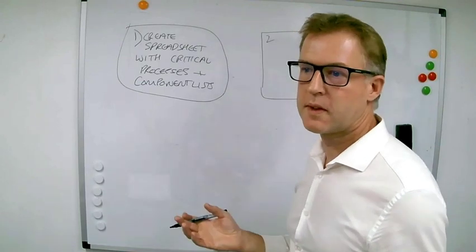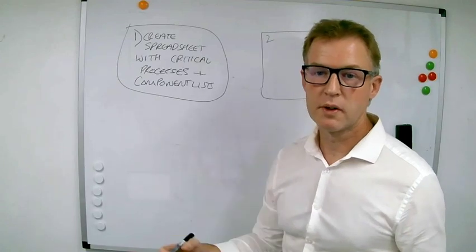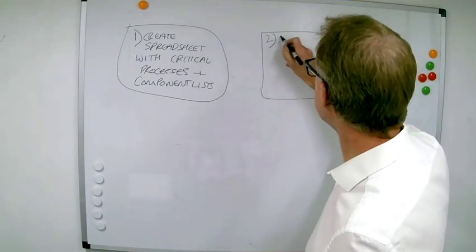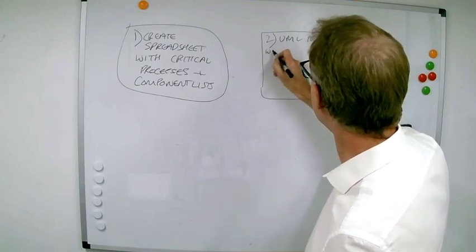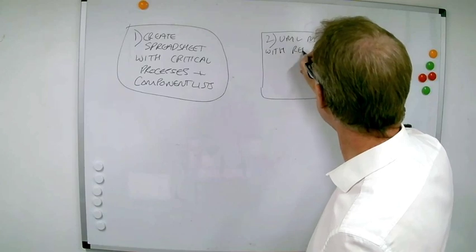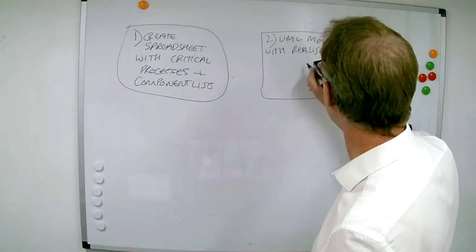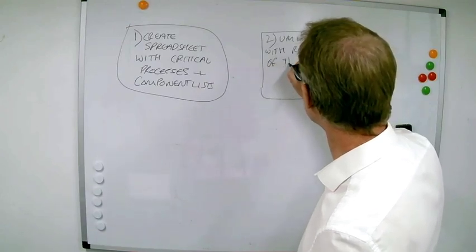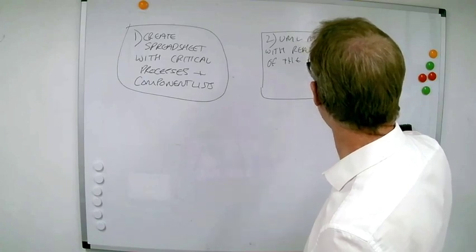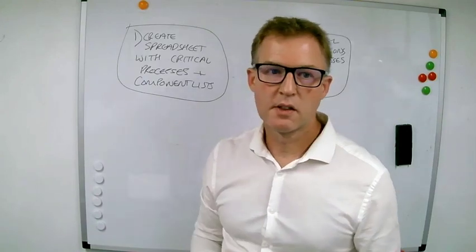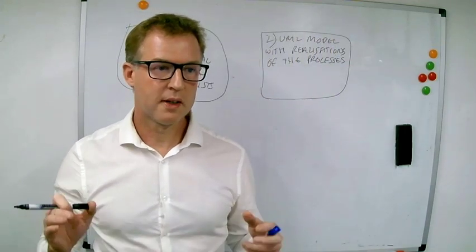UML model, like I say, folders make sense, so just have folders per critical process, so work through it. UML model with the realizations of the processes. Now the realizations, the way that we did this was we would have,